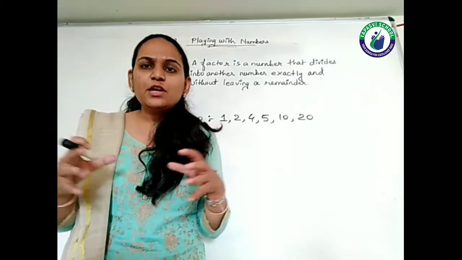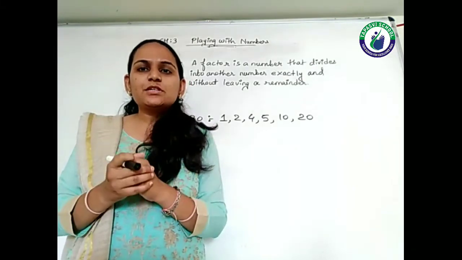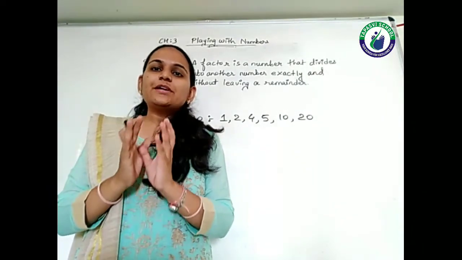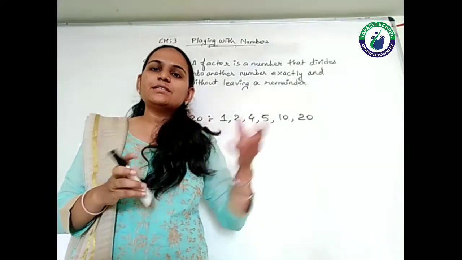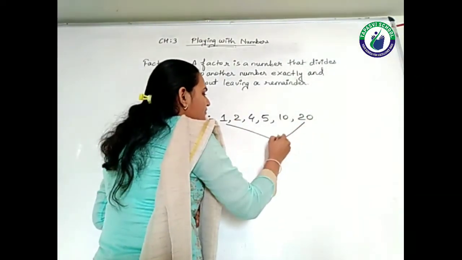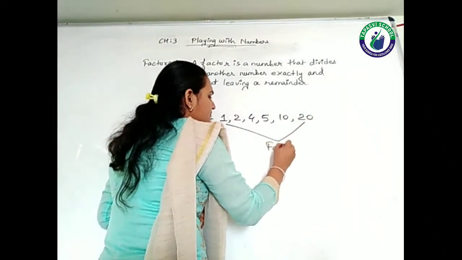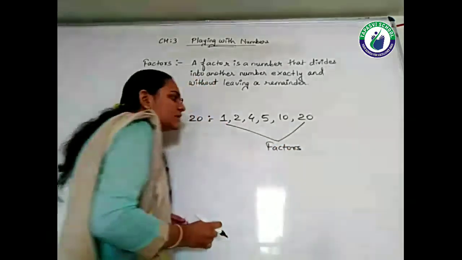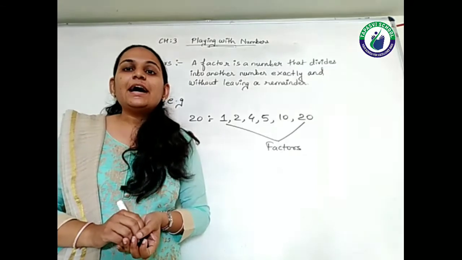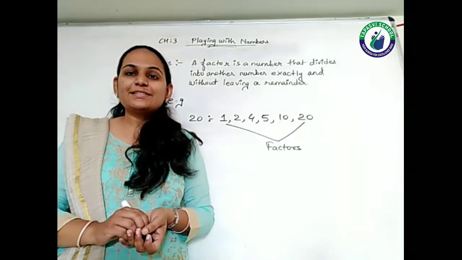If this is said in Hindi, that whichever number you choose, it comes in which tables, right? You have to write those numbers. So those numbers are what? These numbers, students, are called the factors. These numbers are what, students? These numbers are called the factors, right? I hope you are able to understand.